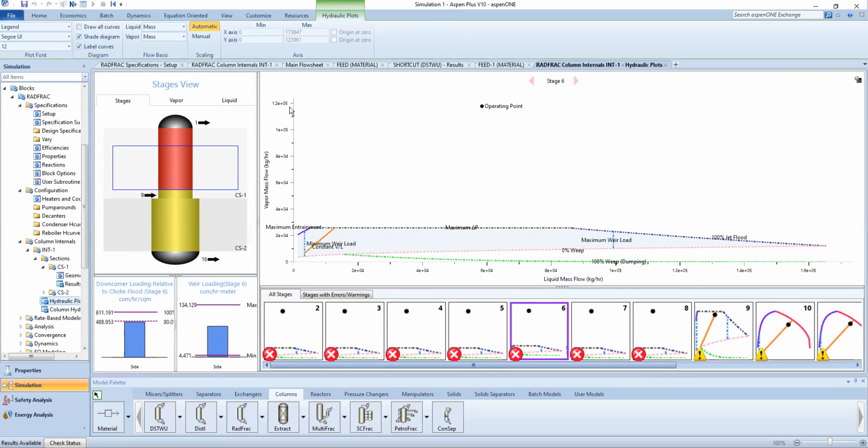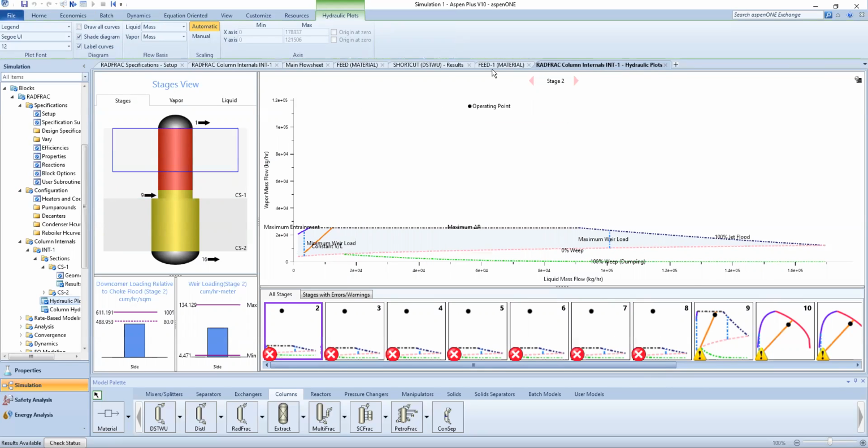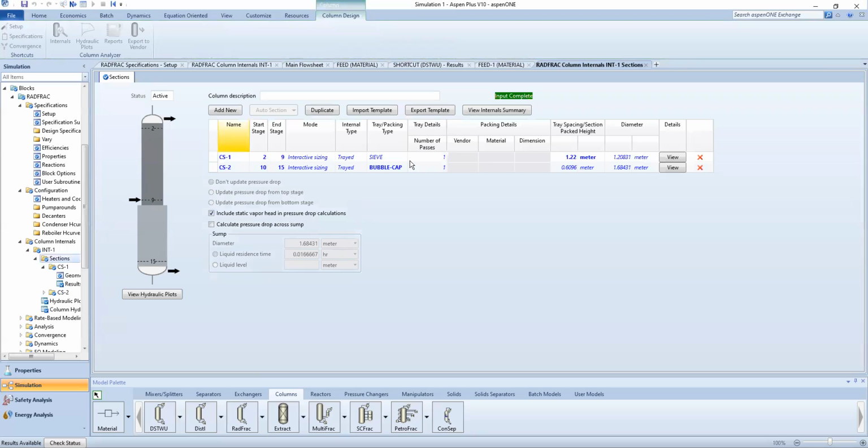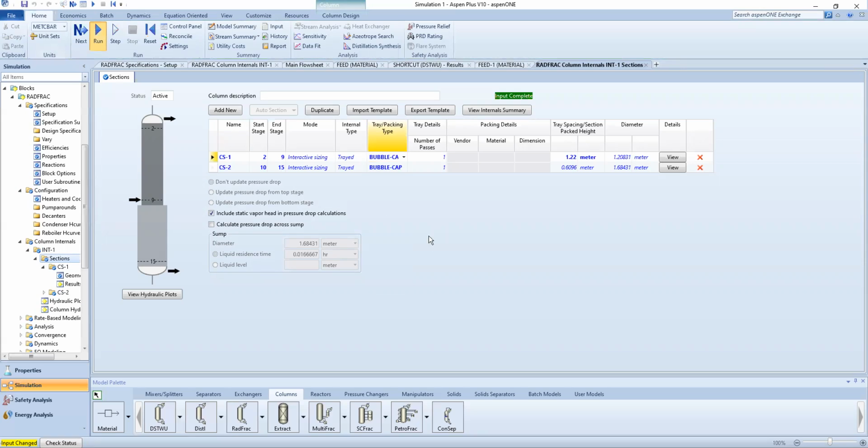Let's have a look at this number. It's 1.2 times 10 to the 5. Let me go back to my column. And let's see if I make this a bubble cap tray, is it gonna change anything? And again, I'm sort of going by trial and error, but you can always open your